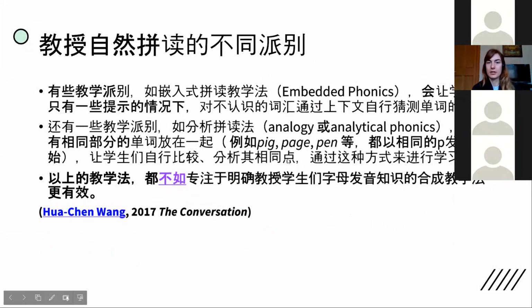Okay, and I'll just put the Chinese translation up here for you to see. So it's basically just looking at different programs and different ways that you can teach phonics. And we'll be using a variety of methods. So it will be a mixture of textbook work, which we'll look at, as well as